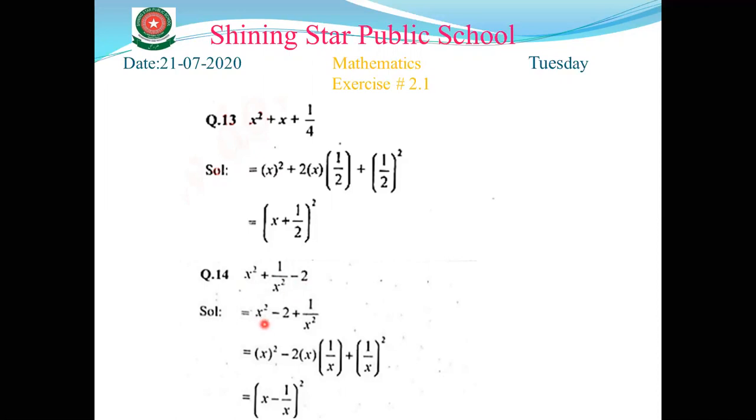So first of all we arrange the three terms. When we arrange these, x square minus 2 plus 1 over x square. After arranging, we will write x whole square, meaning a square, plus 1 over x whole square, meaning b square, minus 2ab. 2a is x, b is 1 over x. x cancels, so remaining is minus 2. Now close the formula: (x minus 1 over x) whole square, because (a, b) whole square and the sign of the middle term, which is minus.